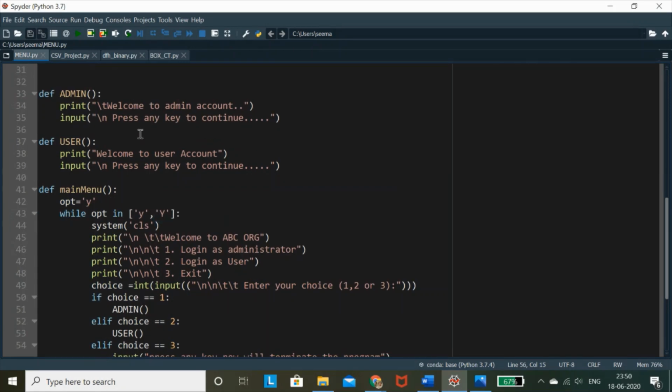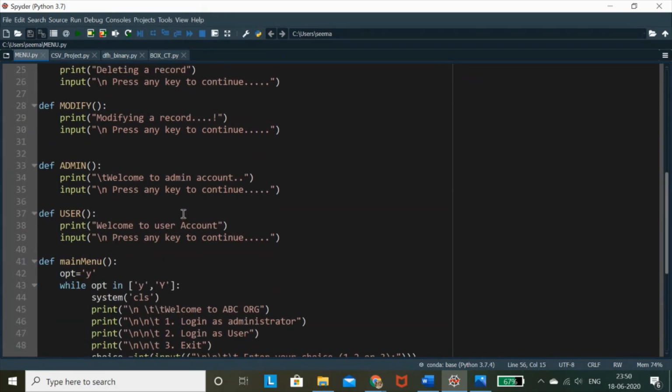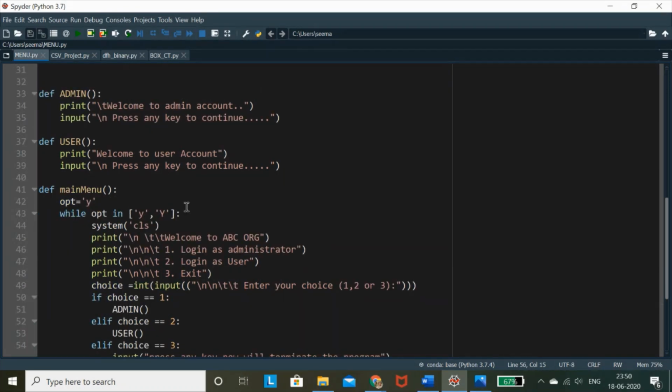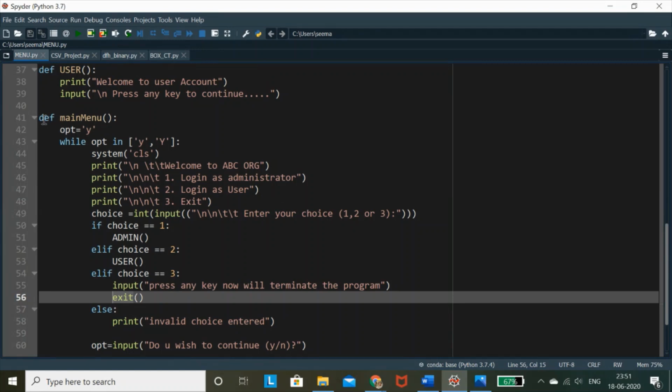Now, even before starting with that, we have just made an empty structure of all the functions we need. But now I want to connect all of them together with the help of a beginning function, my main function, or we can say my driver function, with the help of which my program will start. So for that, I have created another function over here, the main menu function.